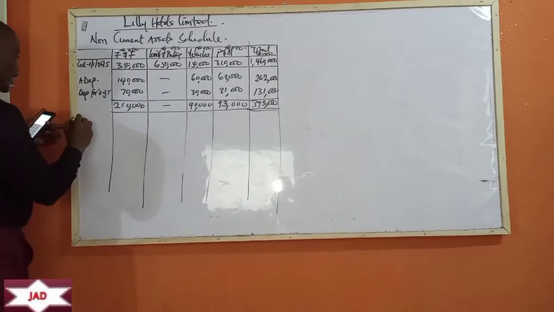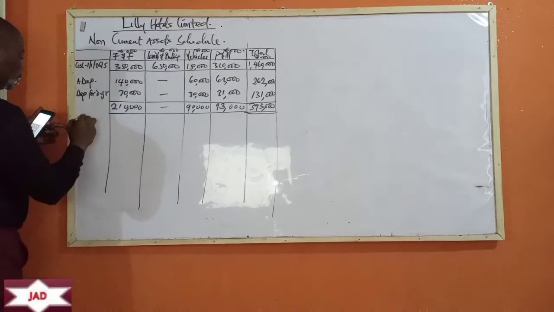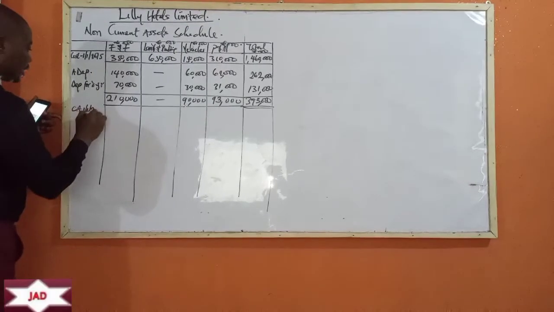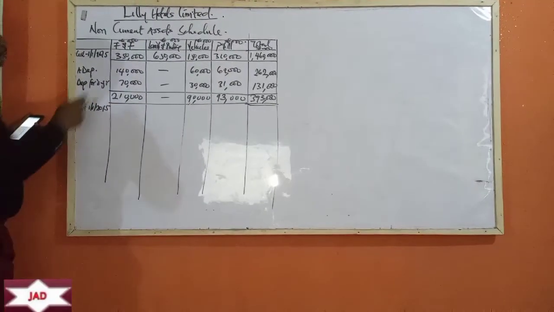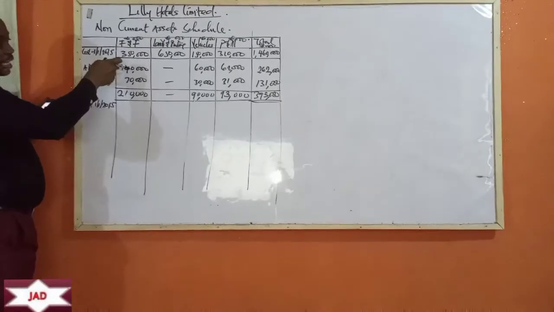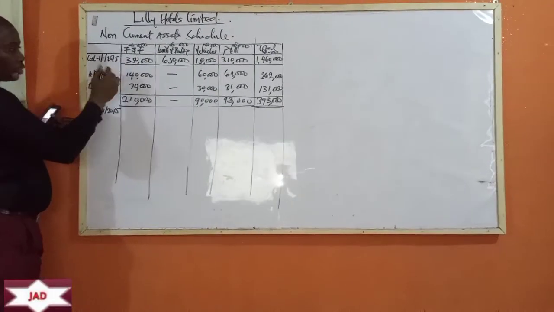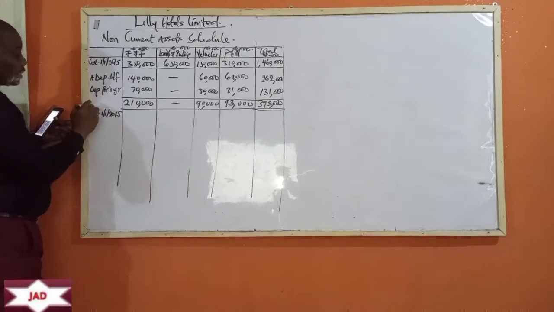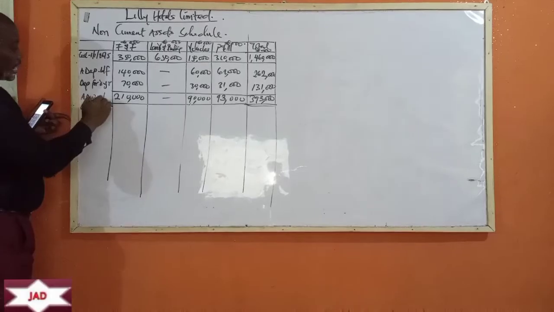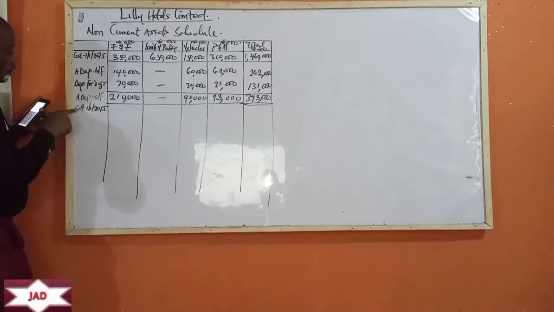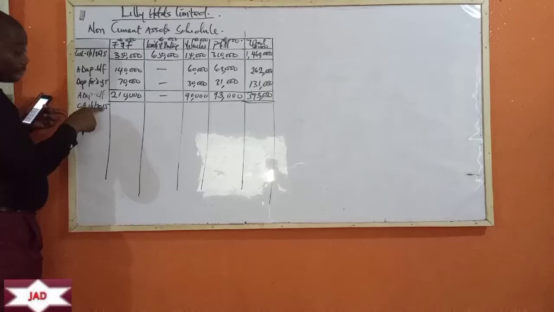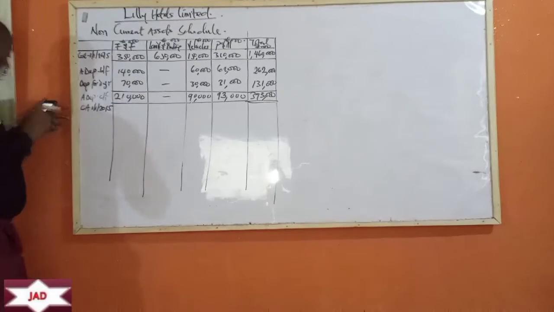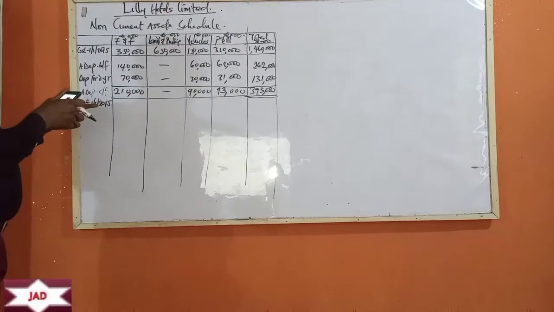Let's go. We'll say carrying amount. This can also be net book value as at 1st January 2015. So that would be the cost minus the accumulated depreciation brought forward. So let's call this brought forward. Then we can call this accumulated depreciation carried forward, as we're taking it to the following year. So now the carrying amount or net value as at the beginning of the year will be the cost minus accumulated depreciation brought forward.